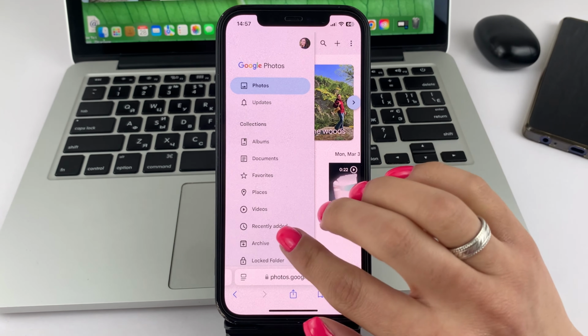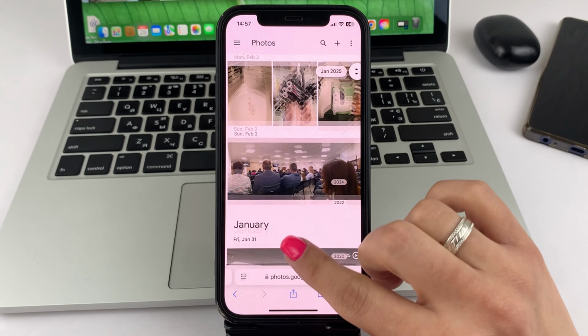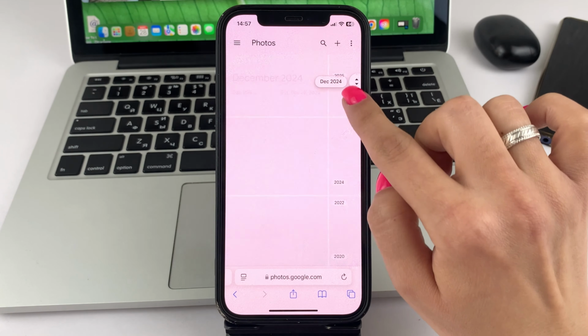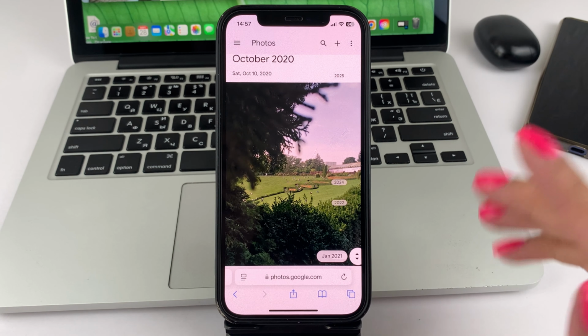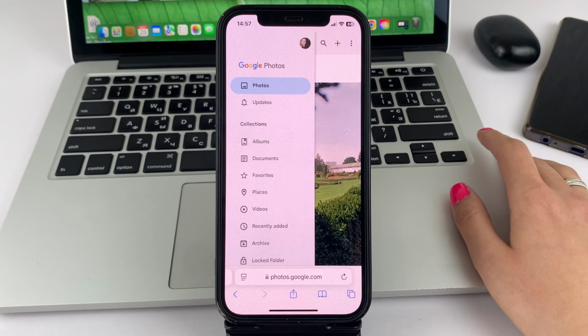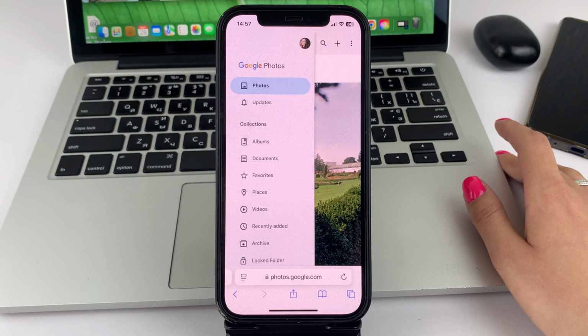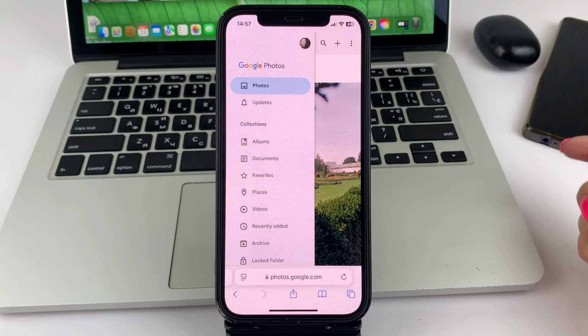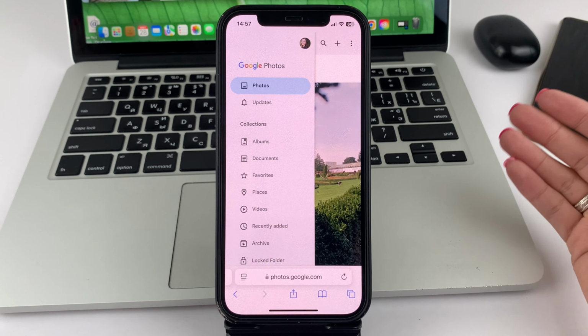So friends, you will already be able to see the different lists of your photos and videos in more detail. You can scroll through it, look at it by year, by date, and so on. It's also very convenient here. Everything is broken down, for example, into videos, into albums, and so on. So you can easily see completely all the backups, photos, and videos that you have in your Google Photos.